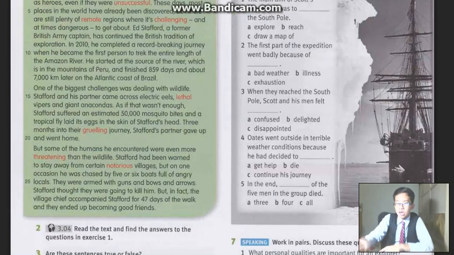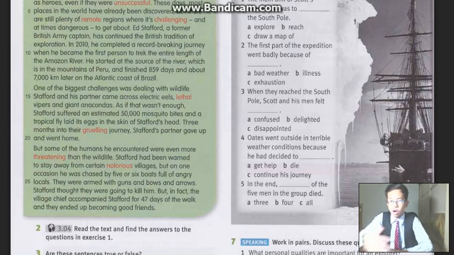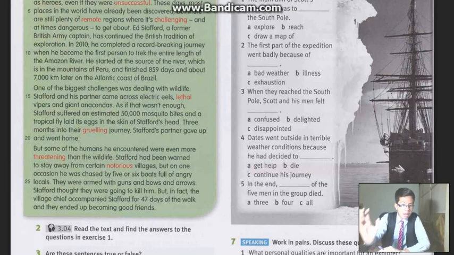But some of the humans encountered were even more threatening than the wildlife. Stafford had been warned to stay away from certain notorious villages, but on one occasion he was chased by 5 or 6 boats full of angry locals.